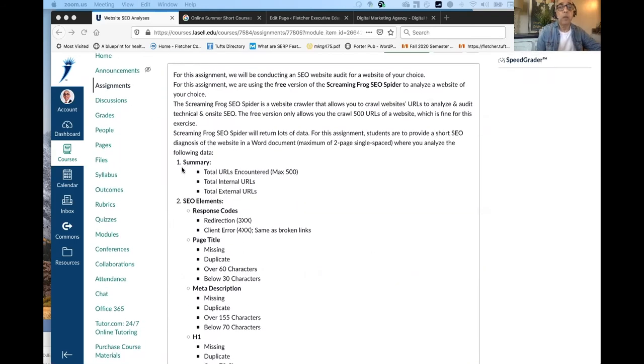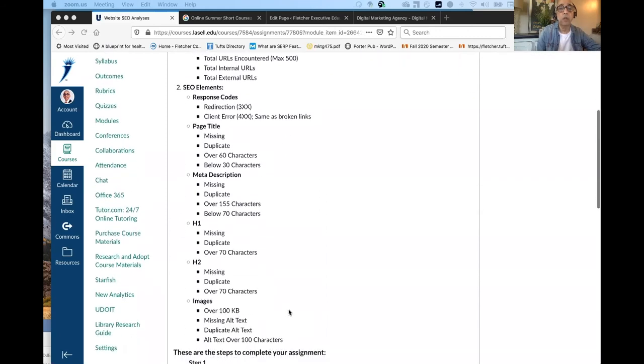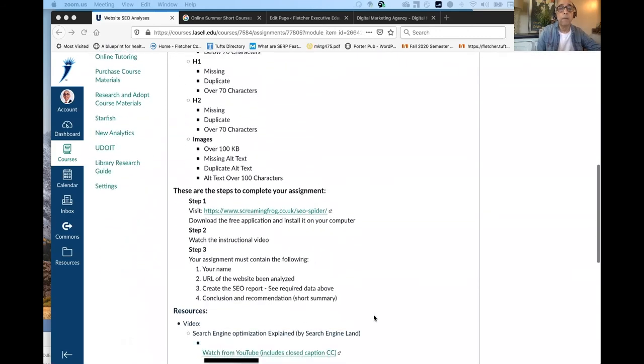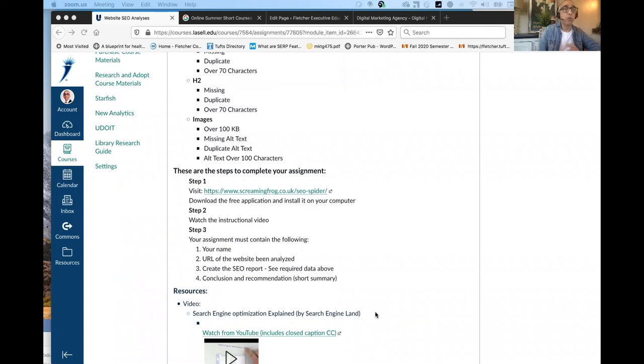In a minute, I'll go over the software and give you a demonstration of how you're going to be able to collect the data that I have here. So look at all this data. These are the steps for you to complete the assignment. First, of course, access the website, download the software, and install the software on your computer. Then you must watch the instructional video. This is a very important tutorial and it helps you